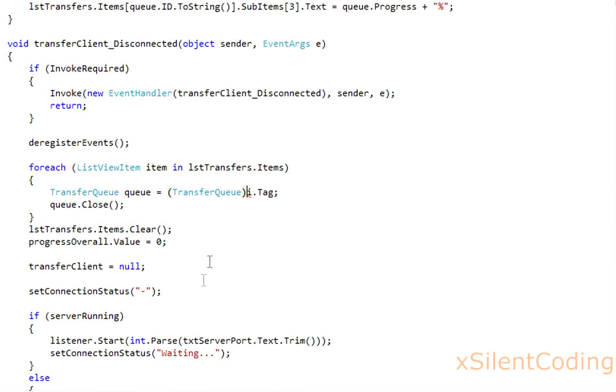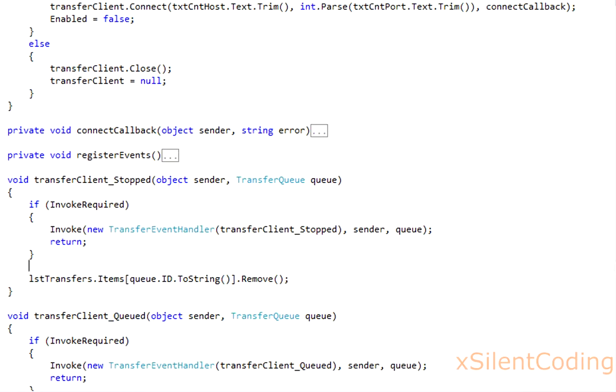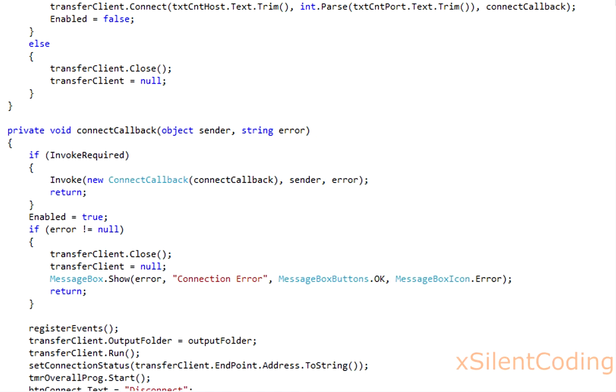And I did not even notice. Let's go back to disconnected. And instead of I, make it item. Okay. Now, let's actually